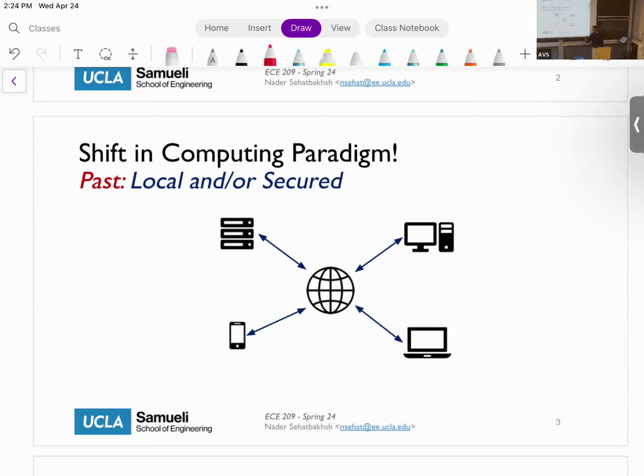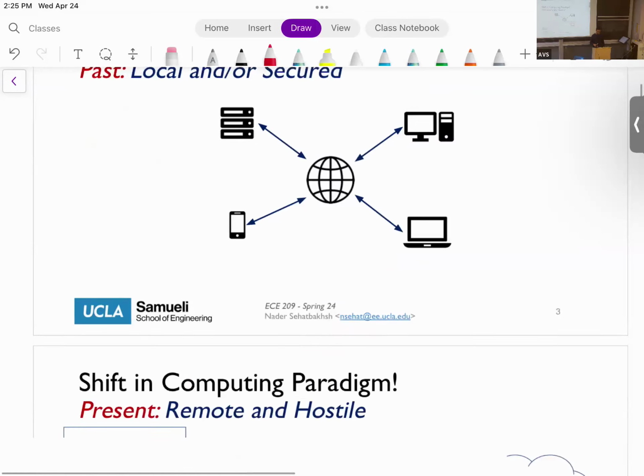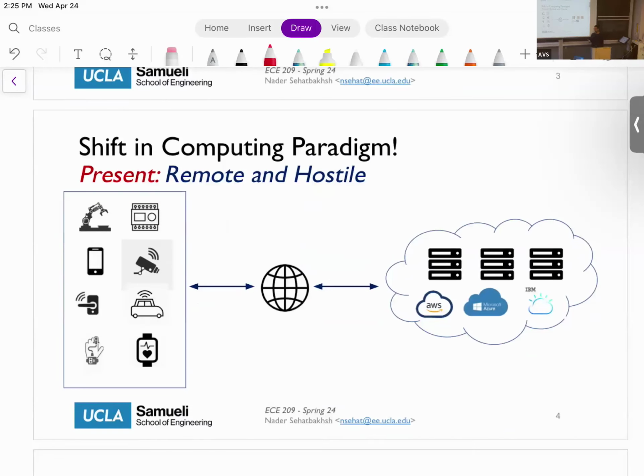So you have one process, you were the only user of your computer. You put your application and task on the computer, it computes, and you get the results. Then the internet came out and things started getting connected and sharing data. But nowadays, what we are seeing is that it's not just, oh, I have some message that